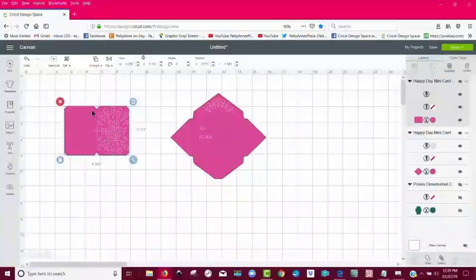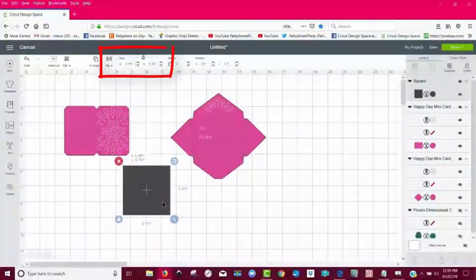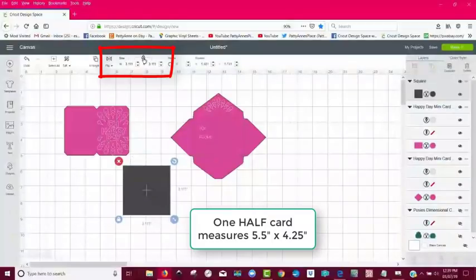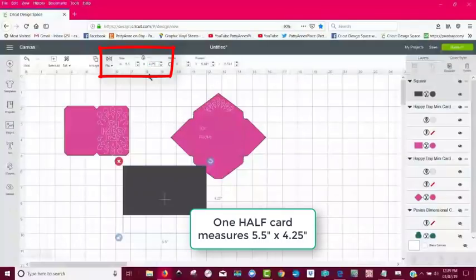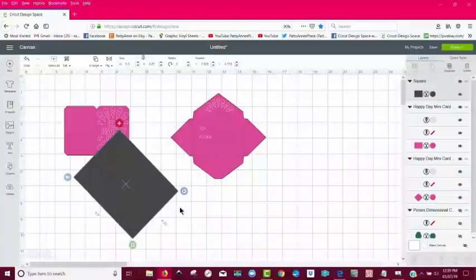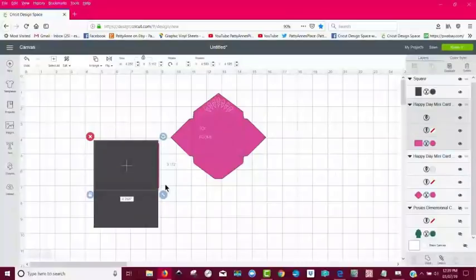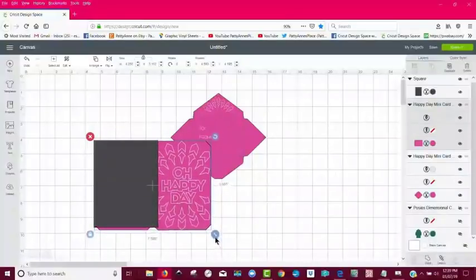And if I do the half thing here, I can take a shape tool, get the square, and make it again, unlock it, 5.5, enter. This one's going to be a little bit different because it's a different shape, but 4.25, enter. So what I'm going to do is hold my shift key and rotate this, and then bring this behind it and start stretching it until